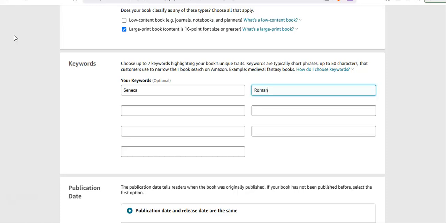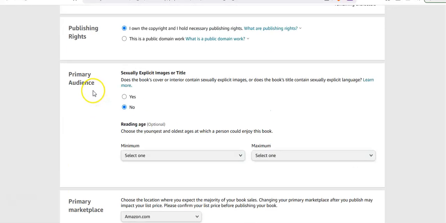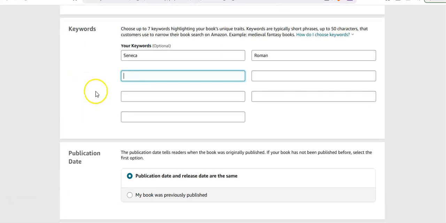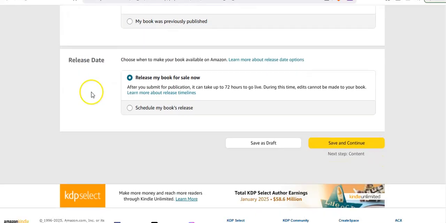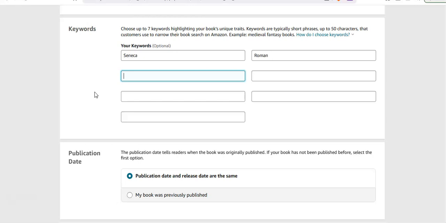Roman could be something that could be certainly added. Happiness, motivational. And I can come back after I totally complete this thing. I can come back in and add more.